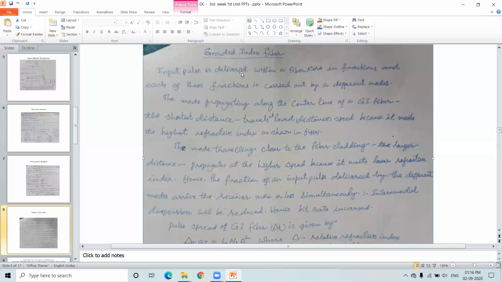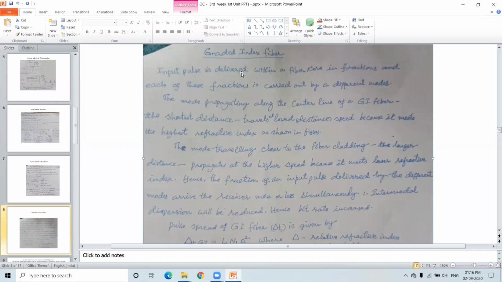Therefore, we make their velocities differ from the 0 mode to the maximum possible mode. That means the maximum possible mode has to travel at higher velocity, and the 0 mode, a group of light beams traveling along the central axis, must travel at lower velocity. The critical angle mode travels the longest distance of all modes, so we can say they are reaching more or less simultaneously. All the modes are able to reach at the same time.